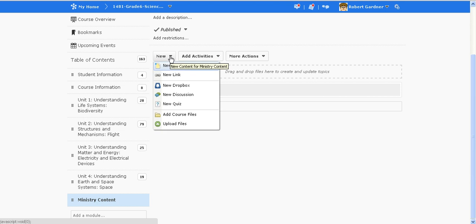This would allow me to create a new document, which involves typing directly on the D2L interface, a new link, which would let me link to another file or website, a Dropbox, which is the tool that you would use if you wanted students to submit something, a discussion, which is where students would be able to work through a threaded discussion on any topic, or a quiz, which again allows the teacher to create either a summative or formative